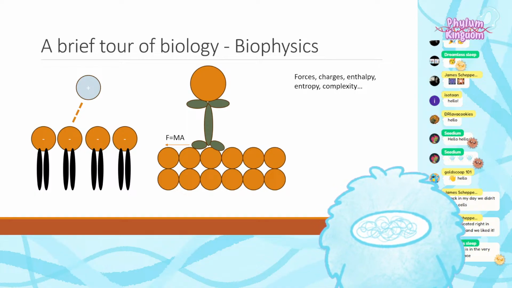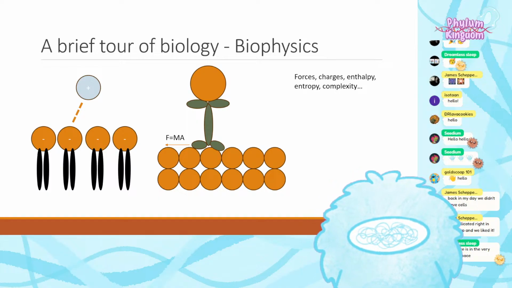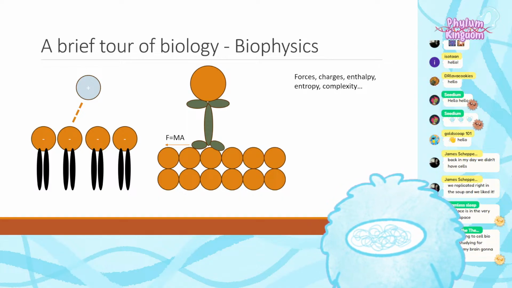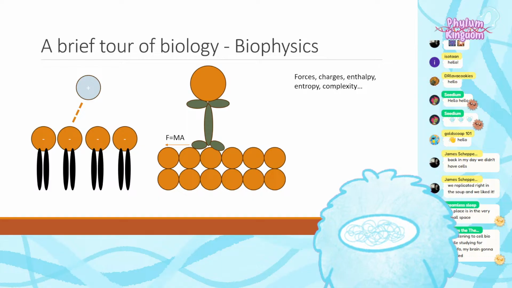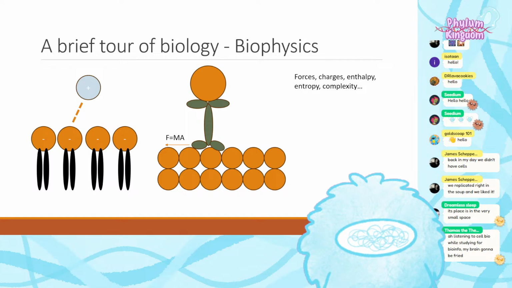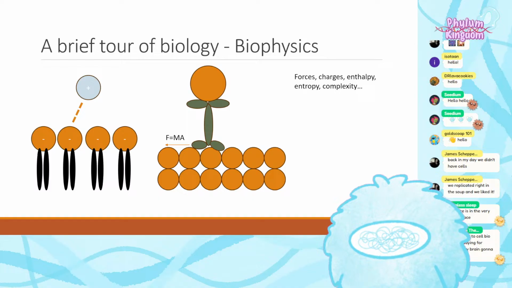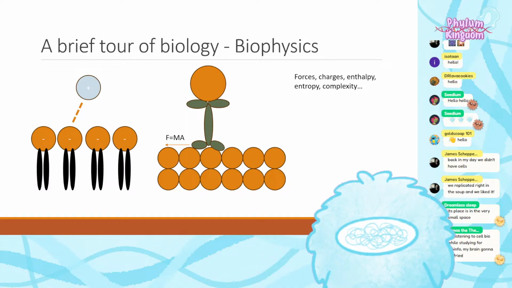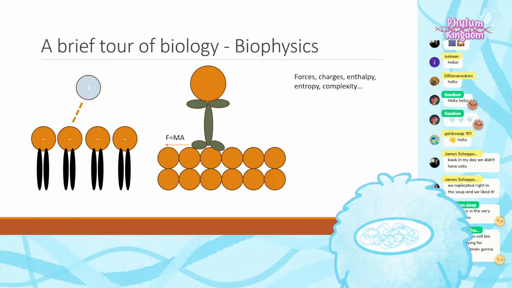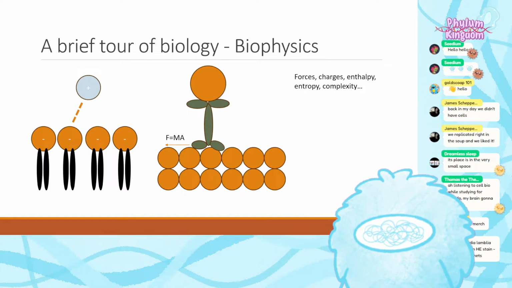But if you want an idea of what a biophysicist might think about, it's things like, how do ions interact? Like, what forces are active on a biological molecule, right? So you can think about the electrostatic force between an ion and the head of a phospholipid molecule. That's something that a biophysicist might be interested in. You can think about forces literally being forces, like the number of newtons that a motor protein pulls on a microtubule, which is also something a biophysicist might be interested in. There are computational and informational aspects of biophysics, like the intrinsic complexity of a particular biomolecule. All those things are interesting for a biophysicist to think about.